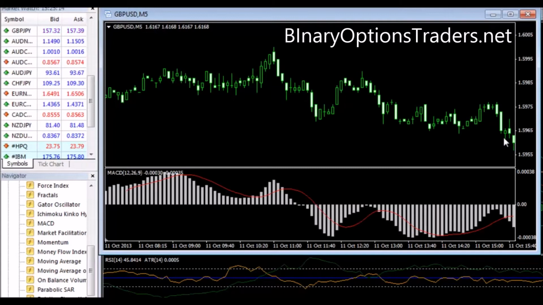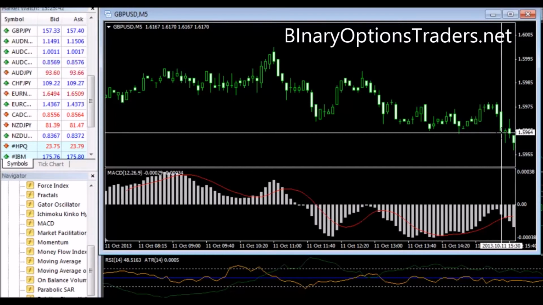Okay, so what we're looking for is when the signal crosses through the EMA, and this would have been a signal for us to buy into the market in the direction of the signal. So in this case, the signal crossed through the EMA, and we would have bought a put here because we're expecting it to go down. Okay, so what we do is we mark this. We would have bought a put at